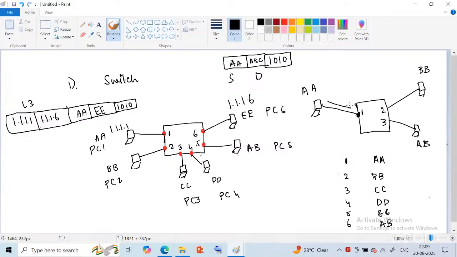Then if he wants to go to ABC, I will see, is ABC connected to any of my ports? If I don't have ABC, then I will forward that information out of every other port, to everybody. I don't care whoever it is. I know it is not secure. You should